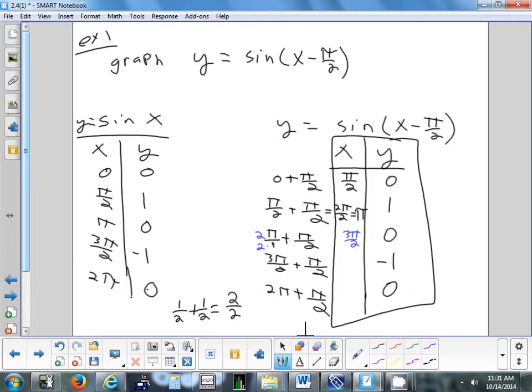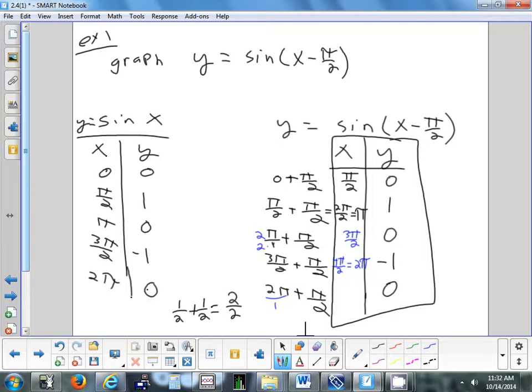Okay, next one already has a common denominator of 2. Olivia, what's 3 pi over 2 plus 1 pi over 2? 4 pi over 2. Yep, it would be 4 pi over 2. And what would that reduce to? 2 pi. Good, 2 pi. We would always reduce it as much as we can. And then the last one,